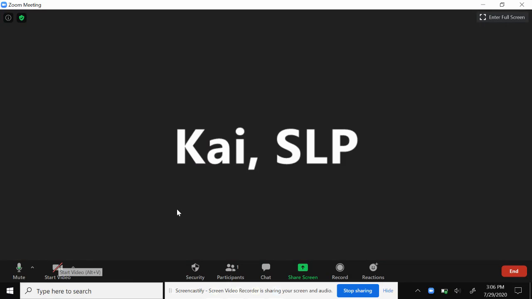So now that I'm in the Zoom meeting, for the purpose of this tutorial, I'll just keep my camera off. We can look down at the control panel. Very straightforward. I absolutely love Zoom because of its simplicity. And to our lower left-hand corner, we see the microphone icon that allows you to mute your student